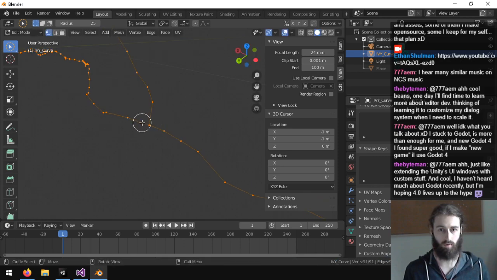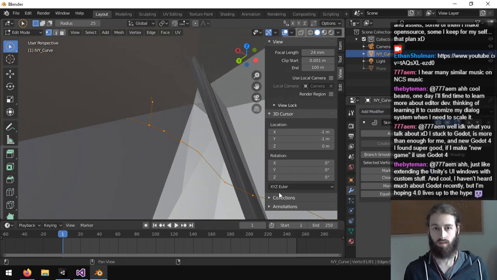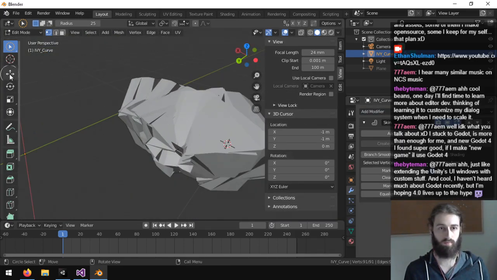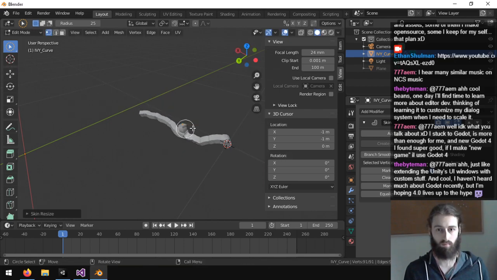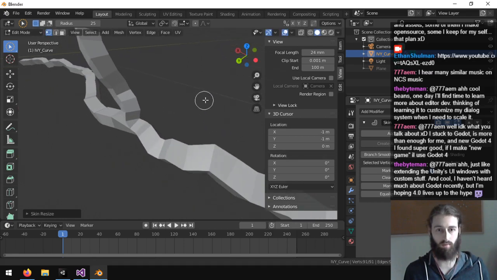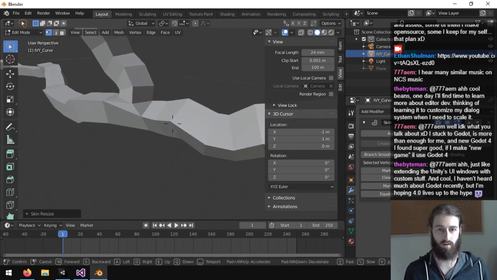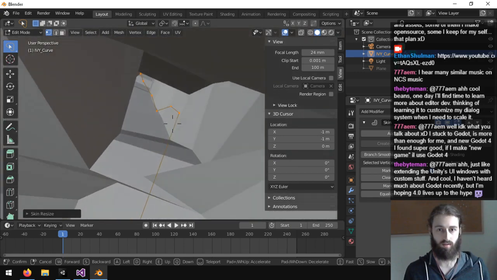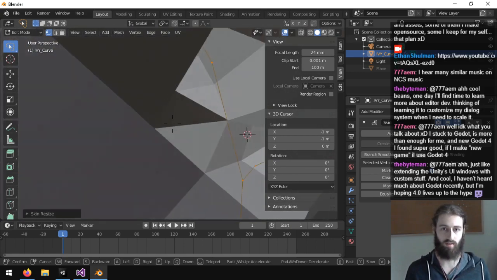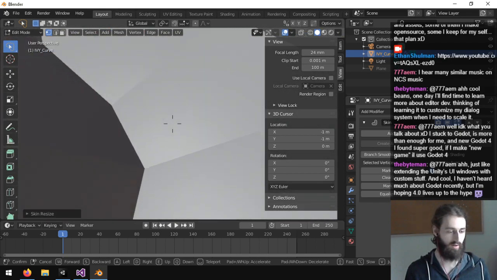Oh my god, I think it worked. Okay, so now the skin modifier should work. Oh my god, it's working. Oh my god, it worked. There we go. Oh, look at that. It's got kind of a bugged vertex right here, but